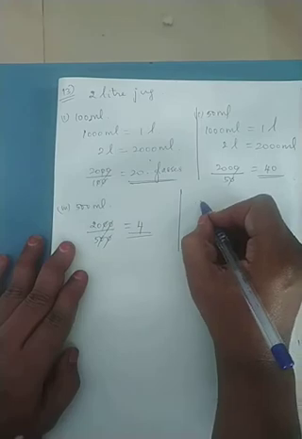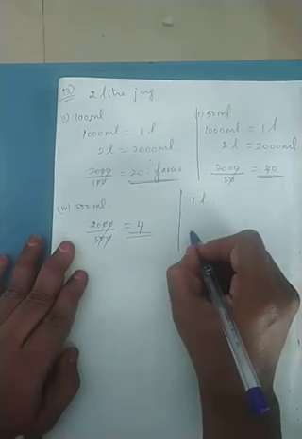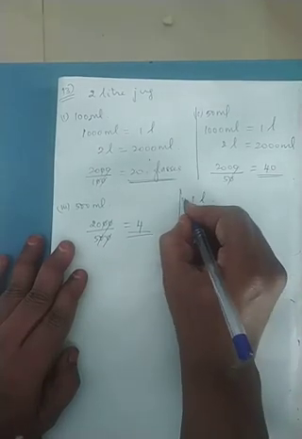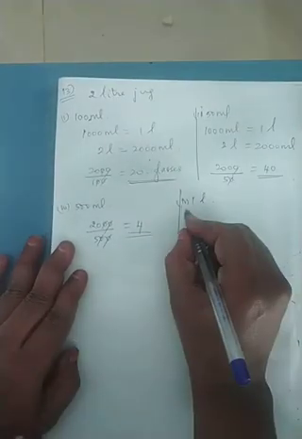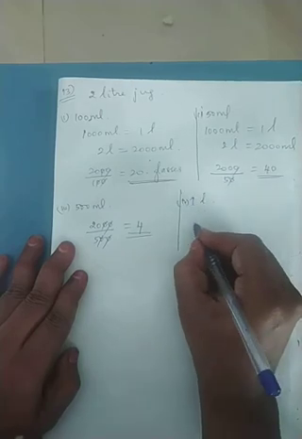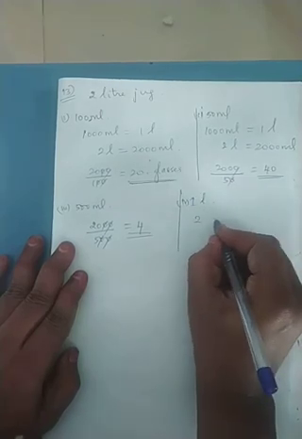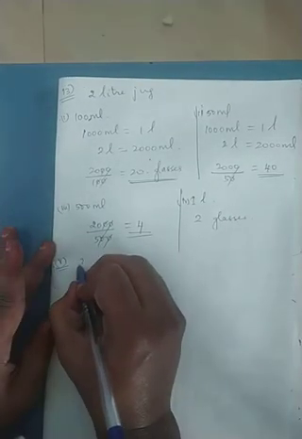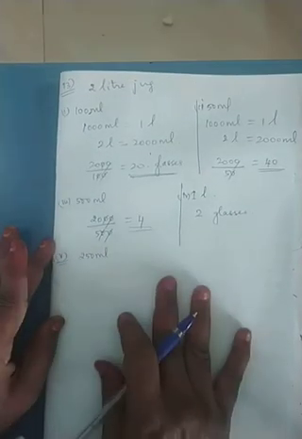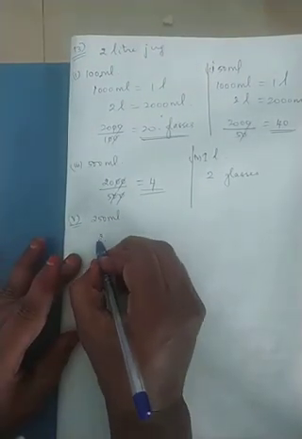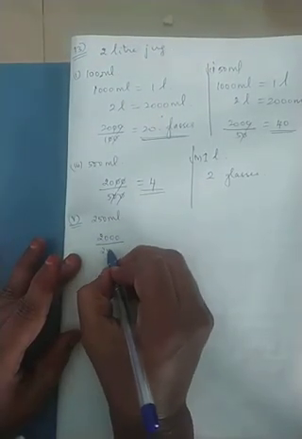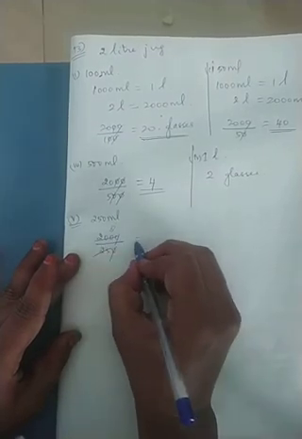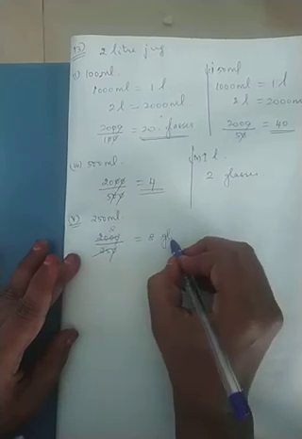Coming to the fourth one, 1 liter. There are 2 liter jug. So 1 liter jar. So what will happen? This is the fourth one. This is the second one. Fourth one, 1 liter jar. So I will be requiring 2 glasses because I have 2 liter. Then coming to the fifth one, 250 ml. 250 ml means again 2000 divided by 250. This 0 is 0. 25 by 8 will give me 200. So this is 8 glasses.